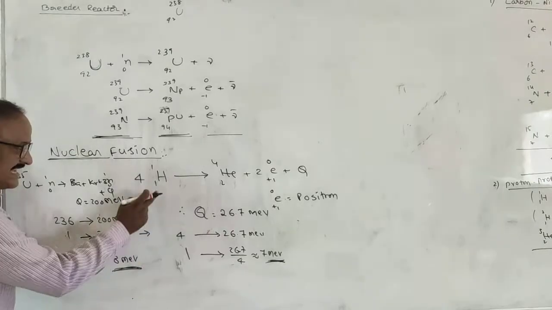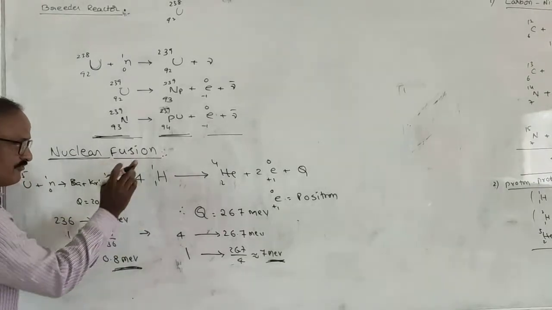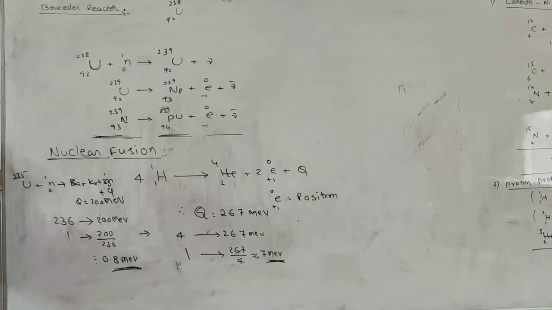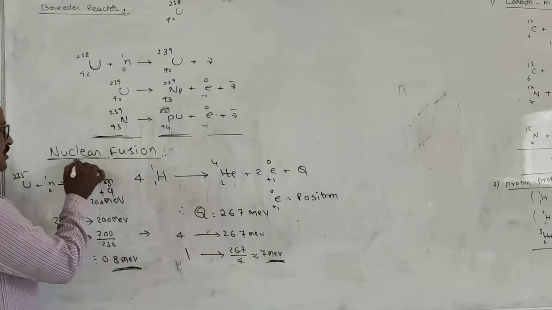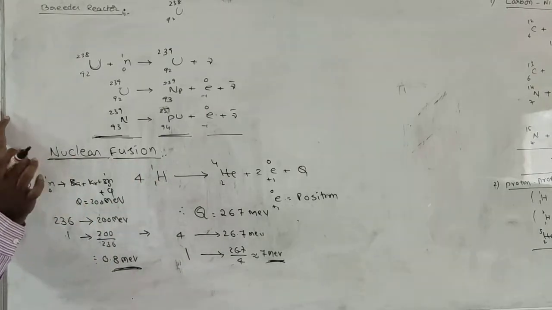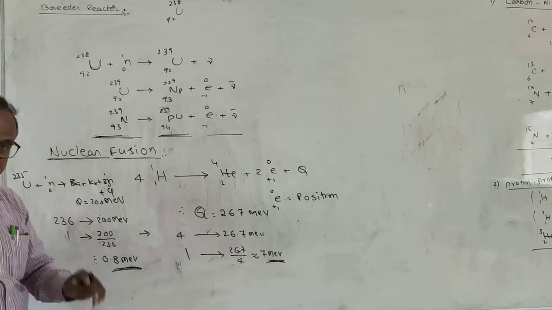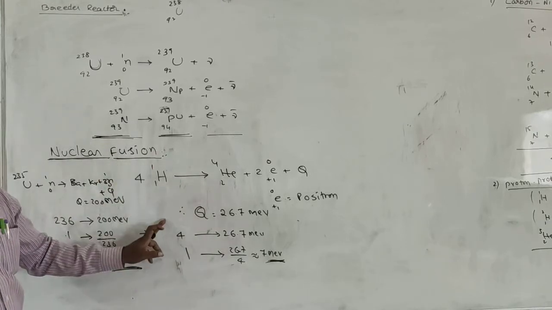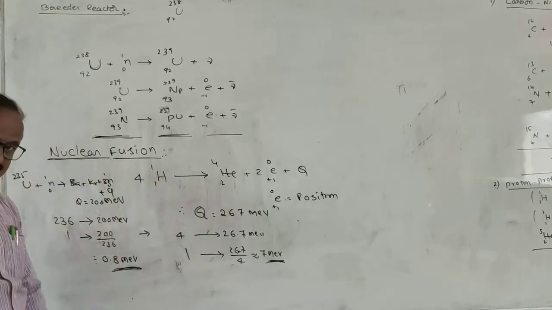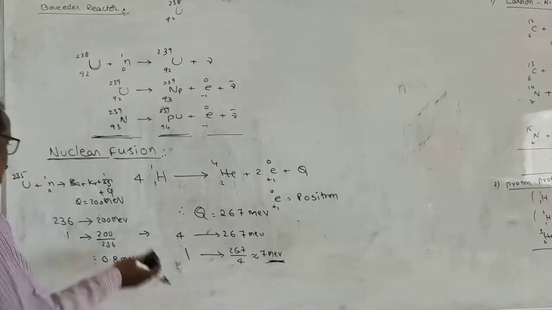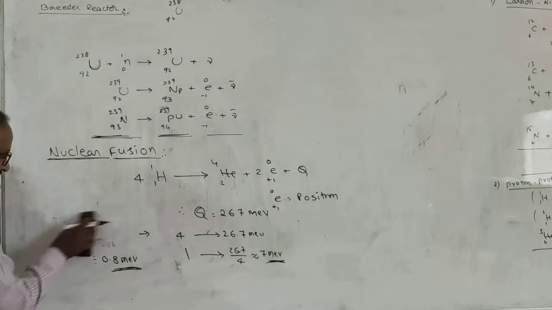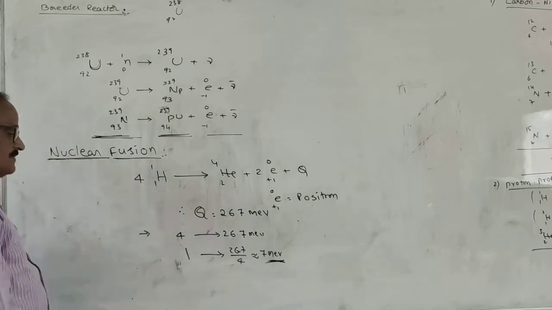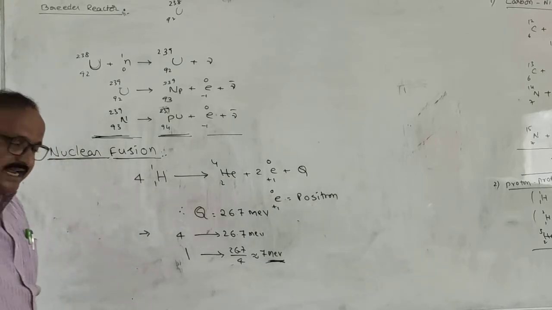Approximately, the energy released per nucleon in nuclear fusion is nearly 10 times more than that of nuclear fission reactions. So that's why nuclear fusion reactions are very strong compared to the fission reactions. Fusion reactions are more energetic compared with the fission reactions. Do you understand? On average, the energy released per nucleon in nuclear fusion is equal to 7 mega electron volts. But here one question arises.